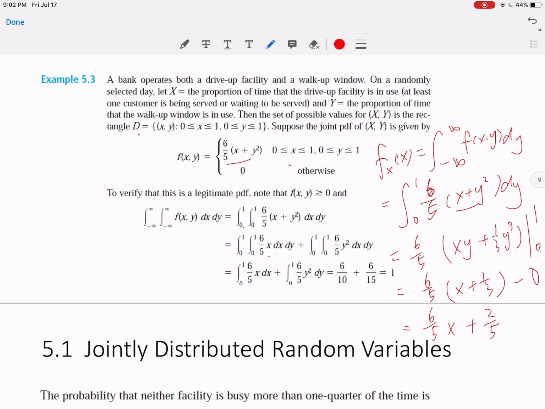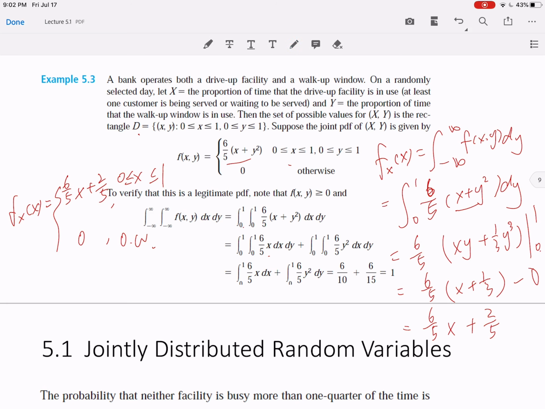Okay? So if you write the general form of the marginal PDF of x down, that would be f of x is equal to 6 over 5 x plus 2 over 5, for x greater than or equal to 0 and less than or equal to 1, right? What about otherwise? It's going to be 0, of course. So that's pretty much how we find the marginal